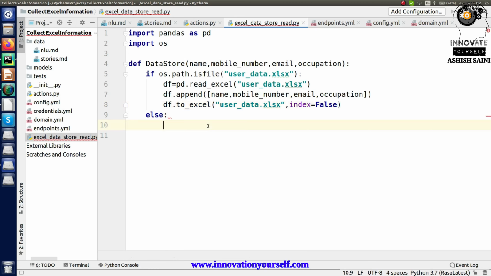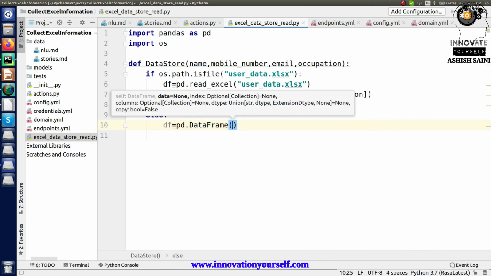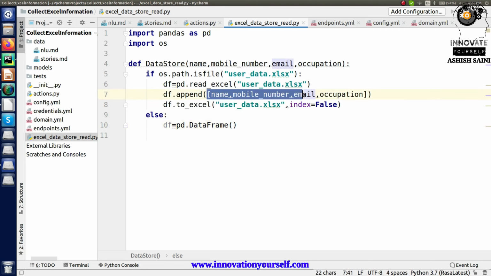Similarly for the else part, meaning your file does not exist, you have to first create a data frame. So it will be like, let's say df equal to pd dot DataFrame, and inside that bracket you have to write this.